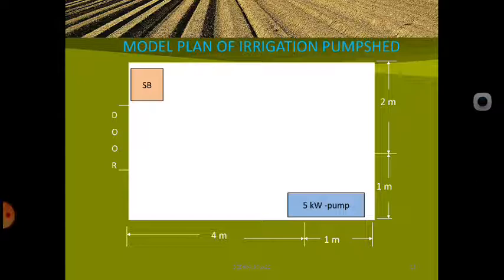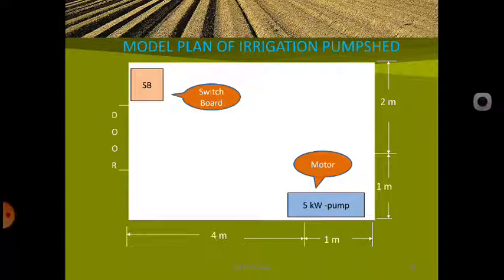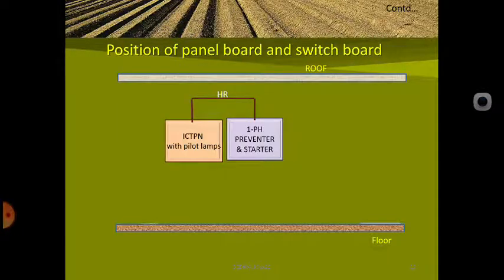Now here is the same thing, switchboard and motor terminals. Now we know that as per the IE rules, we have some basic rules. Here we are going to provide the ICTPN, iron clad triple pole and neutral link, with pilot lamps as well as a single phase preventer and starter. These are the protective devices for our motor, and these are placed on one common board